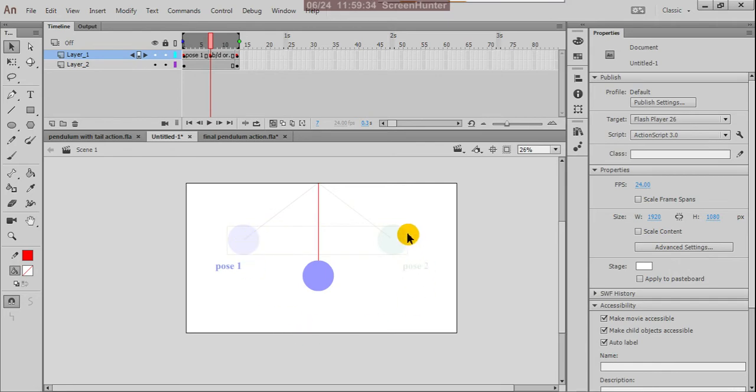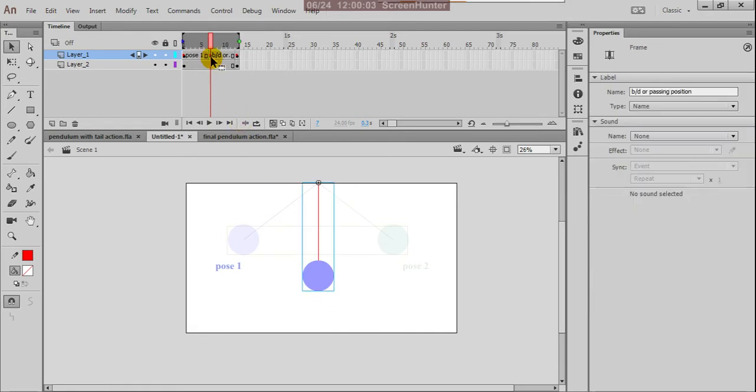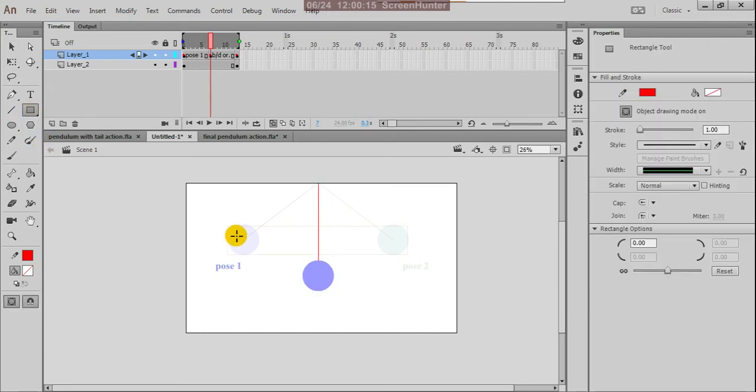Then we created these two key poses, but with the help of these two key poses we are not generating this action because it goes horizontally, straight, left to right and right to left. So it is not the pendulum action. So for the perfect pendulum action you want one more frame. So this is the actual breakdown or passing position. Okay, because of this it's creating the path. So we'll do that, the path, how to do that.